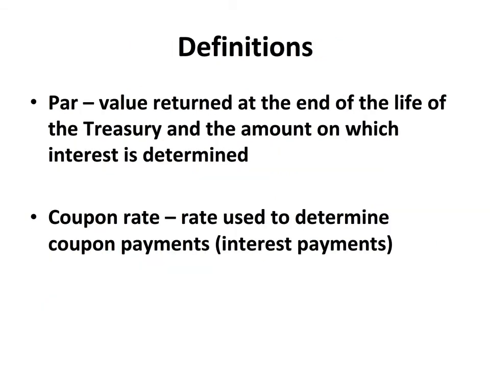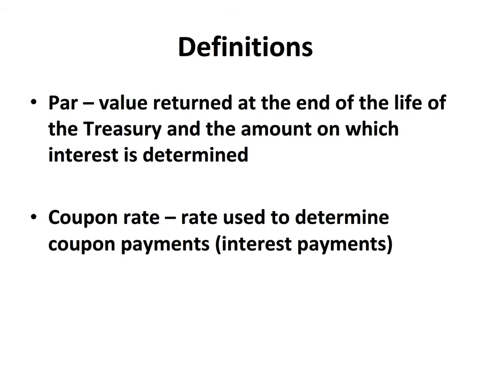Again, some just basic definitions. Par is the value at the end of the life of the treasury, so that's what you'll get back, and it's also the amount on which interest will be determined. So the par value, and I often use 1,000 or 100, just to keep calculation simple. That's the value you get in the end, and the value on which interest or coupon payments will be determined. There's also a coupon rate, and that's used to determine the interest payments,